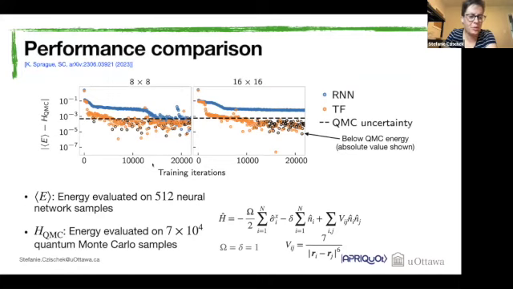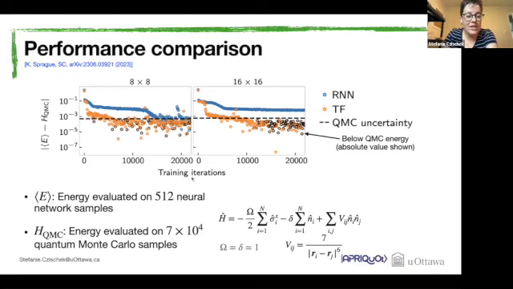And then we train our networks. And so we evaluate these energy expectation values. And what we plot on the left here is the difference of the energy expectation value that we get out of the neural network during training and what we call HQMC. So this is an energy that we evaluated with a quantum Monte Carlo method. So just a numerical method from which we know that it pretty accurately describes our Rydberg system. So we can benchmark our model by just looking at the difference between these two energies and assuming that our quantum Monte Carlo energies are pretty close to the exact energies.